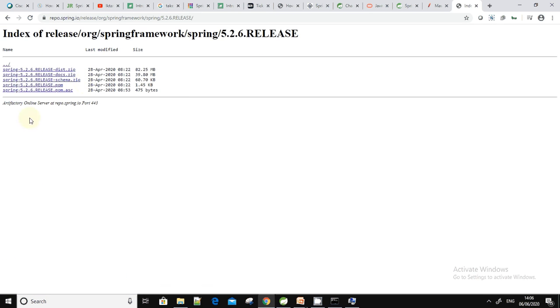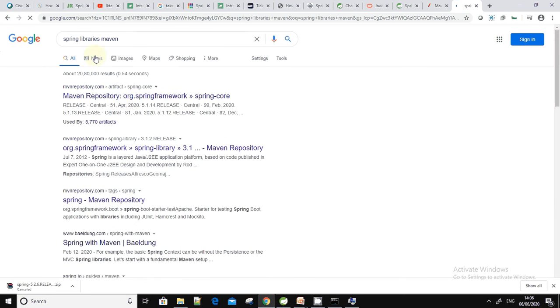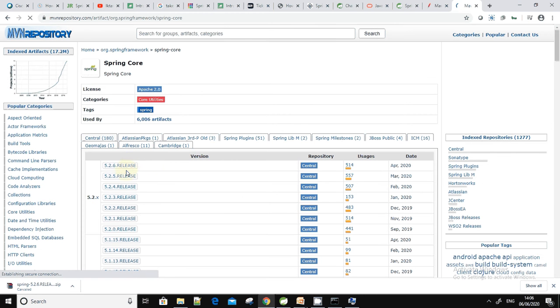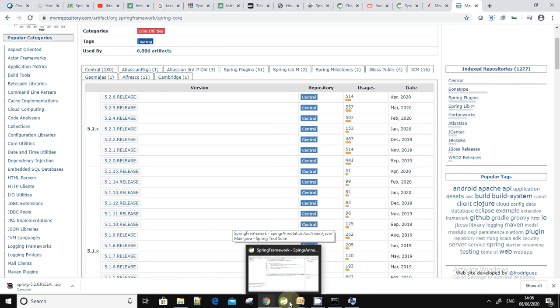If I click on 5.2.6, you can get the distribution.zip, so you can get all the libraries here. Otherwise you can get it from the Maven repo as well. If you search for Maven repository and Spring Core, all the repositories are here and you can download them as well. Okay, these are the prerequisites for this.